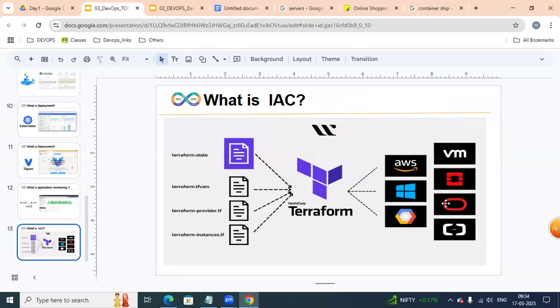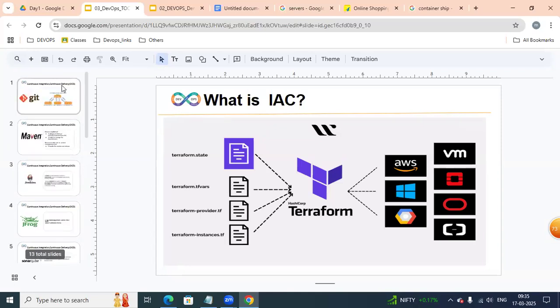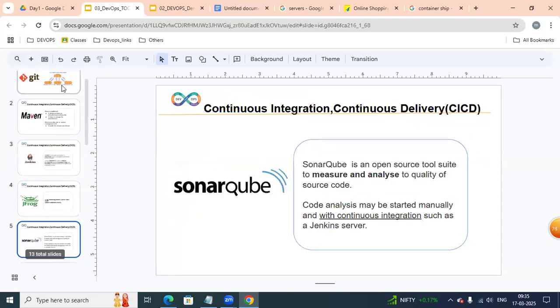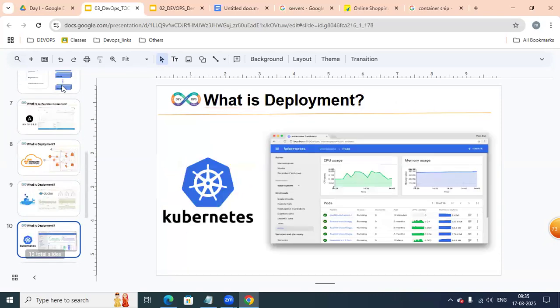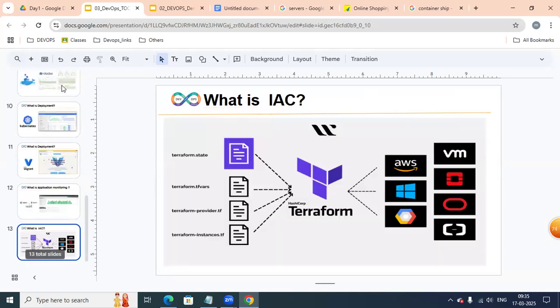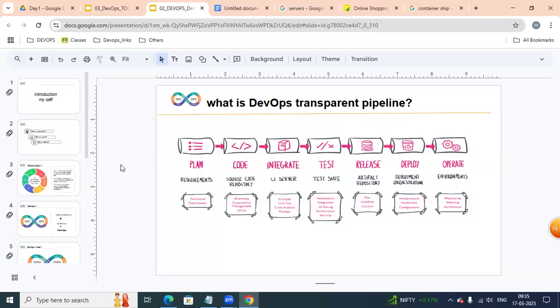Terraform is a cross-cloud platform. With the help of Terraform, we can create infrastructure in any cloud, either AWS or Azure or Google. So with these tools, Git, Maven, Jenkins, JFrog, SonarQube, Ansible, AWS, Docker, Kubernetes, Vagrant, ELK, Terraform, we can implement an automated DevOps pipeline.